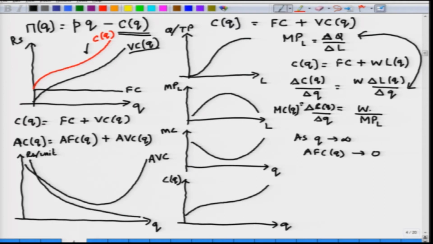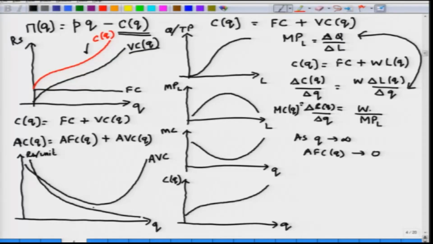So, as I am adding more and more units of labor, output is initially increasing at a much faster rate. The reason being that the fixed unit of capital is being used very efficiently. So, since Q is increasing at a much faster rate compared to the variable cost, the average variable cost is initially falling. Beyond a point, the law of diminishing returns gets applied, wherein output is not increasing at that faster rate at which variable cost is increasing. So, the ratio variable cost by Q starts increasing,